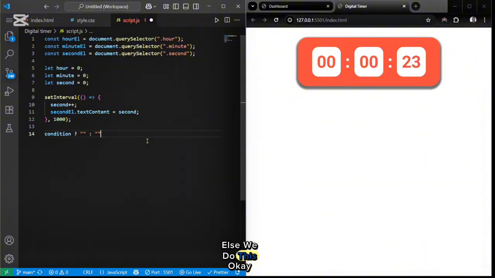Else, we do this. Okay? So your condition, and if the condition happens to evaluate to true, we do this. Else, this is the if, and we do this. This is the else, and we do this. All right, so we're going to take this same